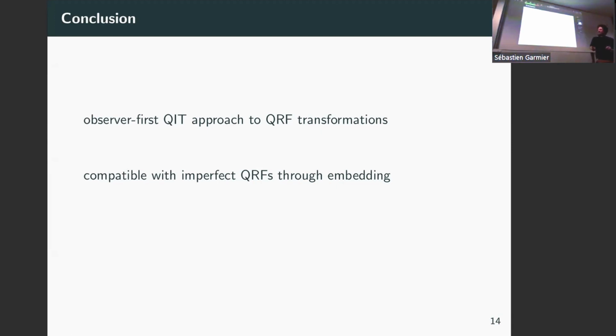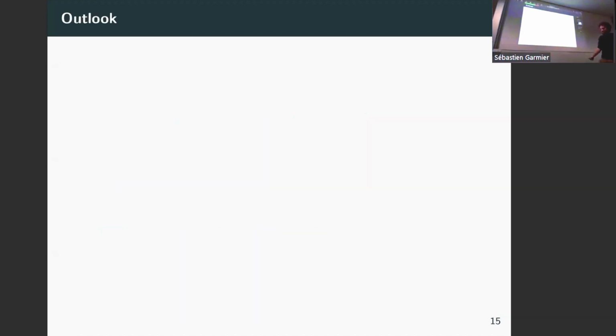So, finally we answer the question of what the world looks like to Alice through the lens of her imperfect reference frame, and it looks fuzzy. So now, what can we do with this? Well, first of all, there are open questions. For instance, we have assumed that we can always make this frame bigger, and this was the motivation for the embedding. But what if you only have a limited amount of resources? What if you cannot justify that this thing can be made bigger in principle? Or even, what if you cannot just invent the Charlie and then get rid of him again, and so on?